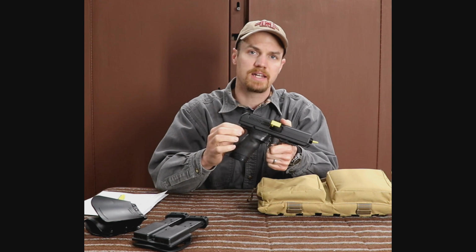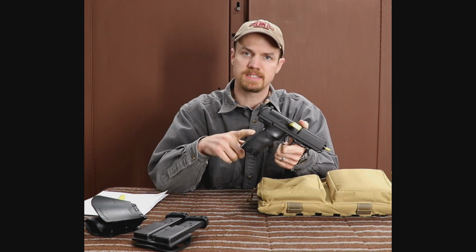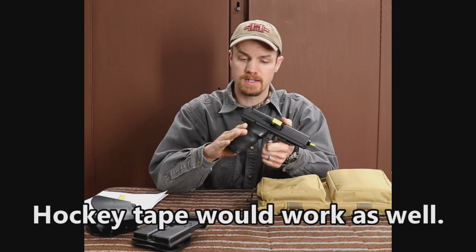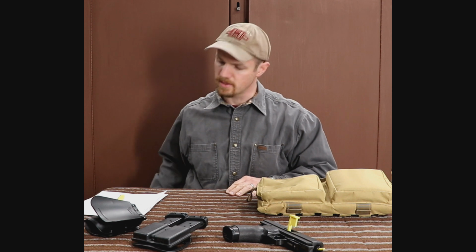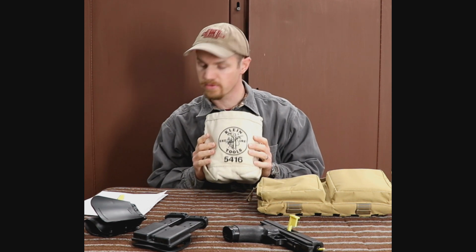The texturing does not do much for grip. So this is almost a necessity. If you get a High Point, just get an inner tube, buy one of these, do something, but you do need a little grip on the deal. So that was $150, and $14 for the grip, $150 for the pistol, and then I spent $23 on a